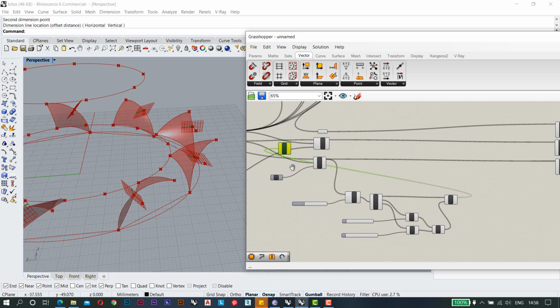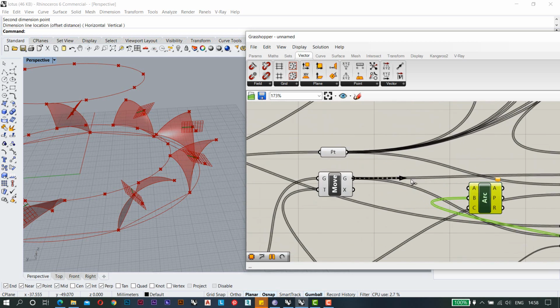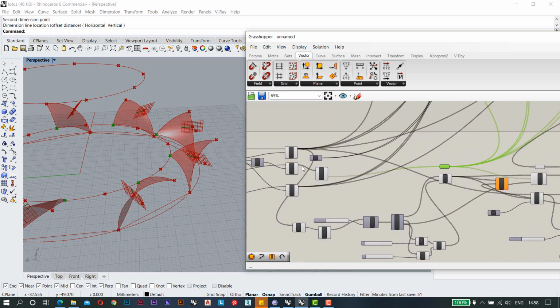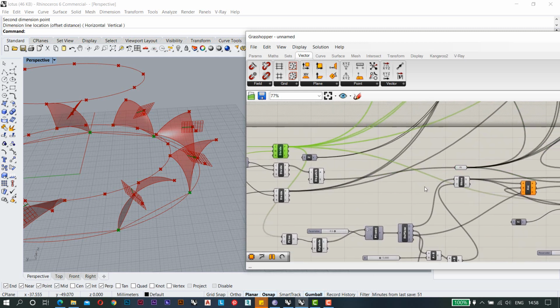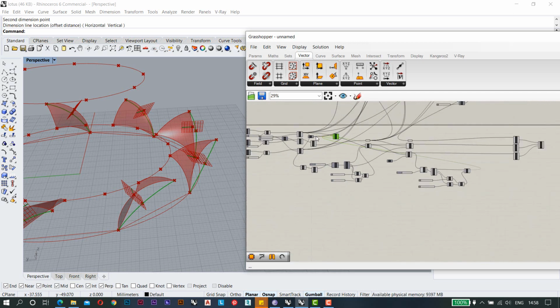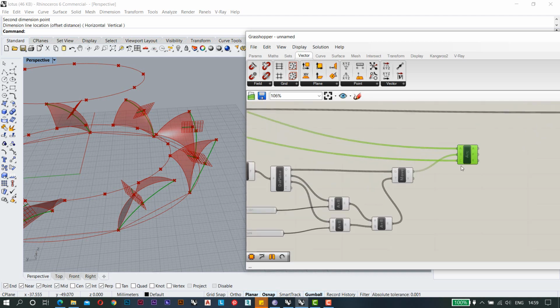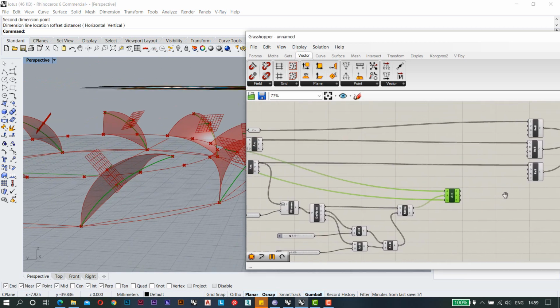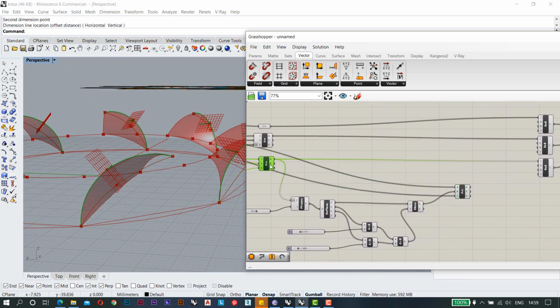So this is my start point, and the bottom one, which is this one, will be my end point. I'm going to put this point here. So now you can see the arc, which is this one, and I'm just trying to replace the arc where I used this one, so I'm just replacing it.